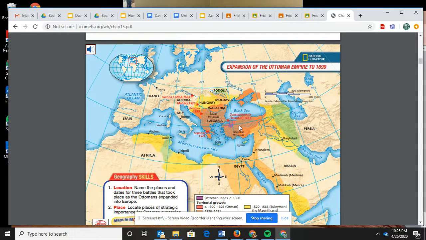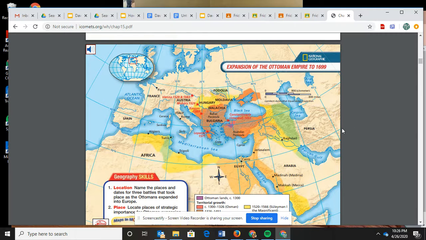They were militaristic, and they used religion to legitimize their rule. Their term is the Sultan, and there's a marriage between church and state in the Ottoman Empire. But they have expanded, and they're going to take over this whole really crazy outline of the Ottoman Empire. Persia is right here, this is the Safavids, which we'll read about today.